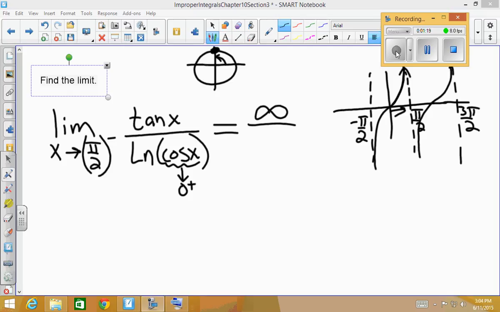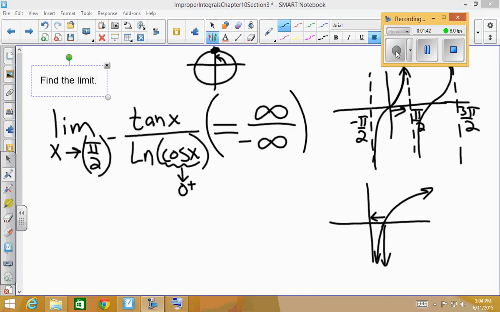It's bigger than 0. If you remember your natural log function, the graph of the natural log, as x gets closer to 0 from the right, the natural log function grows in the negative direction without bound. So the natural log of the cosine of x goes to negative infinity. This is an indeterminate form, and we can try to apply L'Hopital's rule to it. So by L'Hopital's rule,